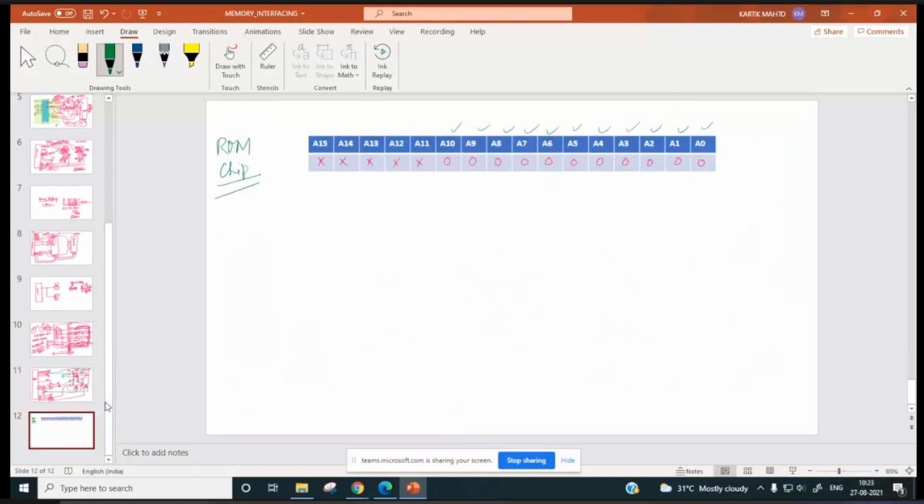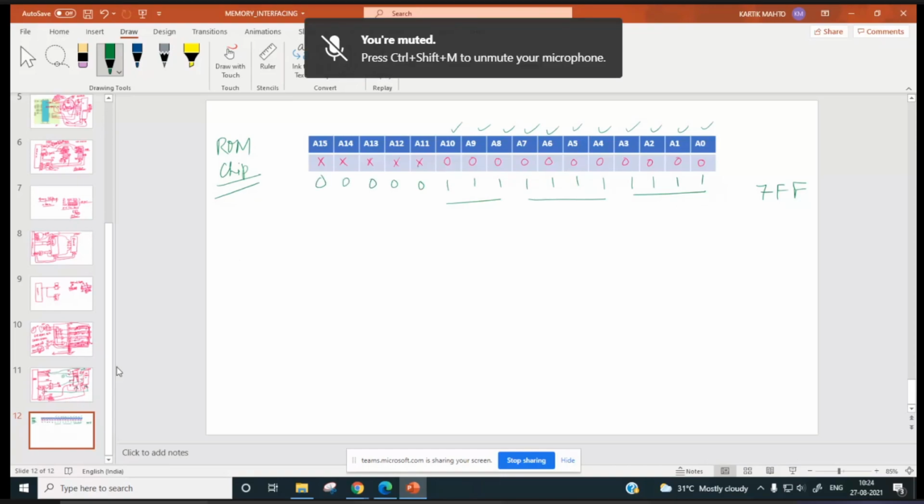If all are 0, and if all are 1, so this is F, this is F, and this is 7. 7, I am saying, if all these bits are also 1.